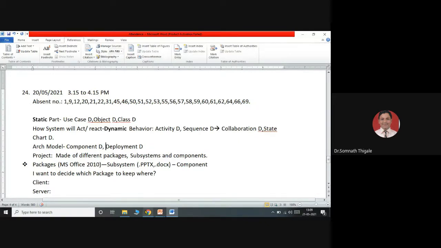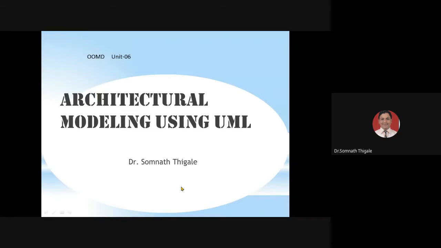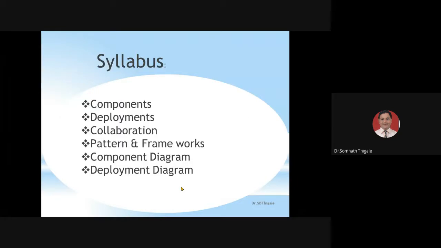So we discussed the concept of architectural modeling, where we said that it covers basic points like components. We need to find the different components. We need to find the different deployment concepts. Deployment means handing it over to the customers, and the customer starts using it.